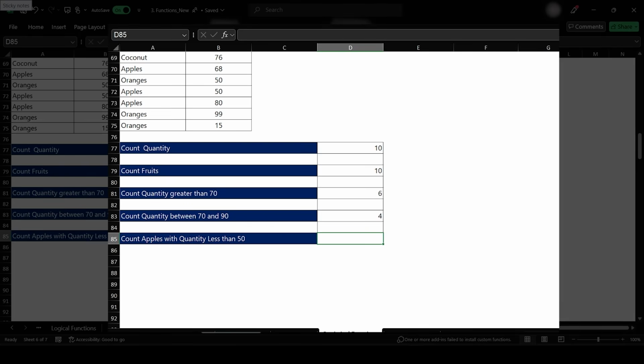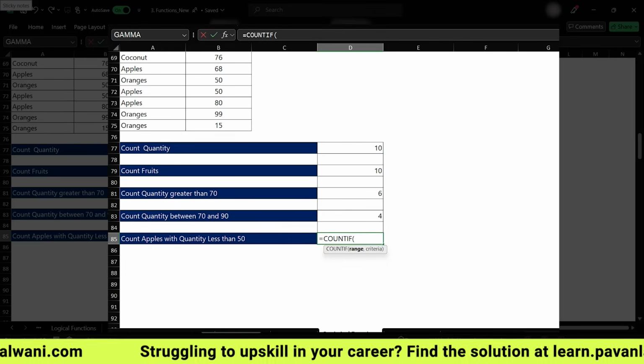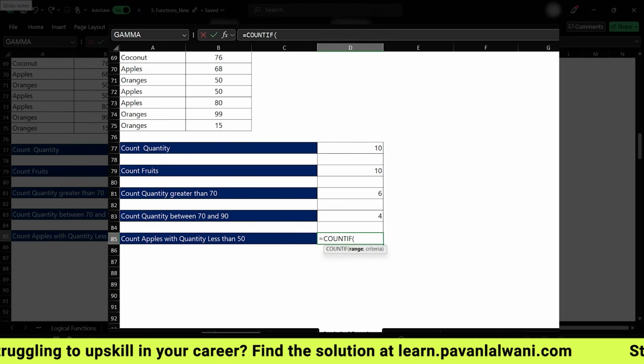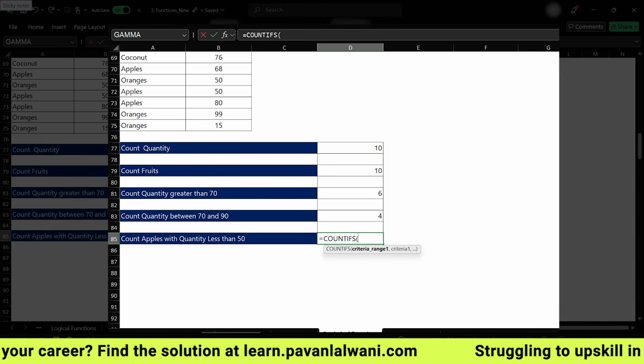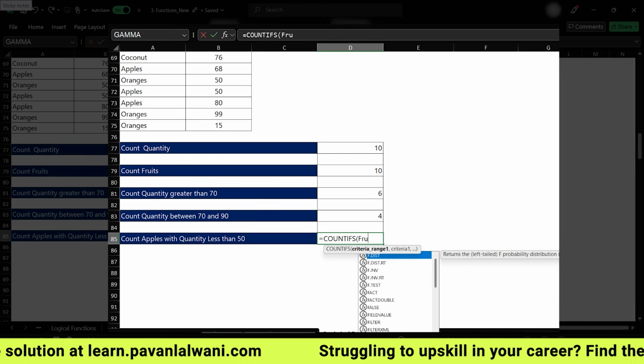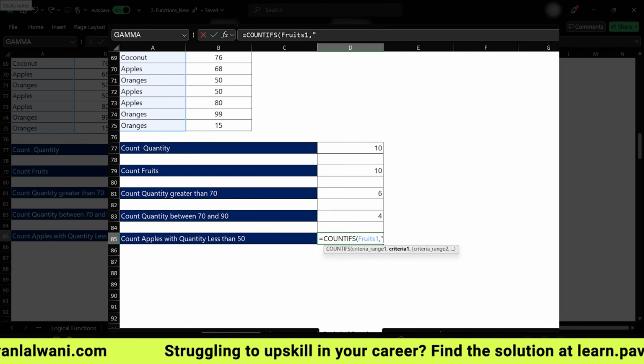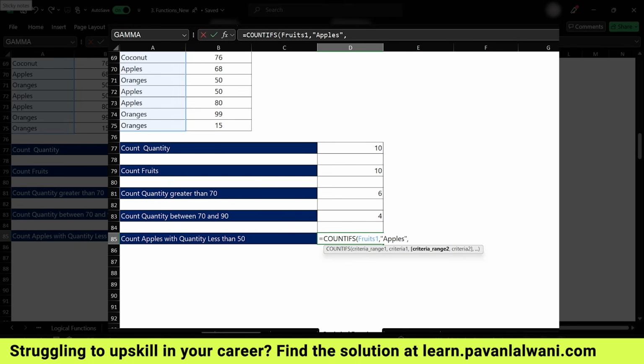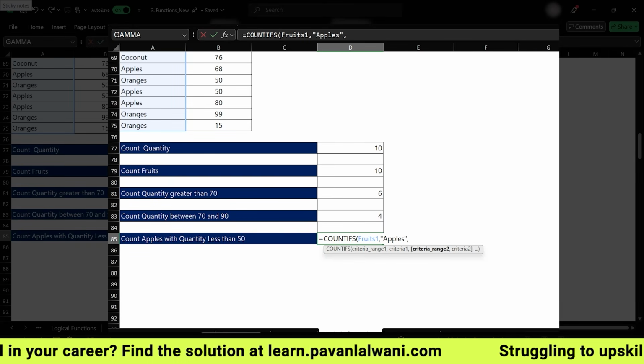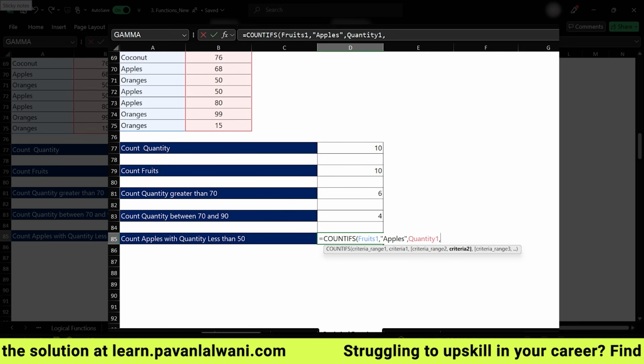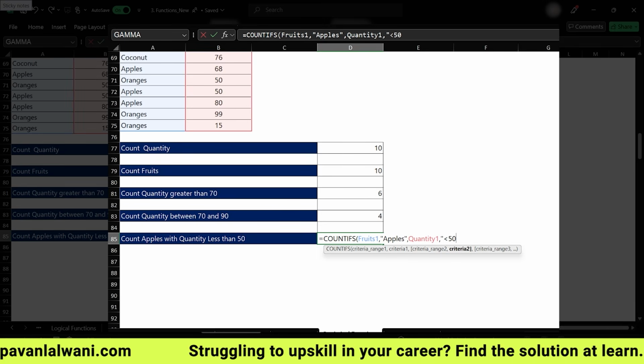less than 50. So we have two criteria. One is we want fruits as apples, and second is quantity should be less than 50. So here we go. We can keep a cursor and write equal to COUNTIF, press tab key. Because there are two conditions, we cannot use COUNTIF, we have to use the COUNTIFS function here. So first, criteria range 1 would be fruits 1, given as apples, comma, and second one would be quantity 1 and comma, it should be less than 50, close the bracket,